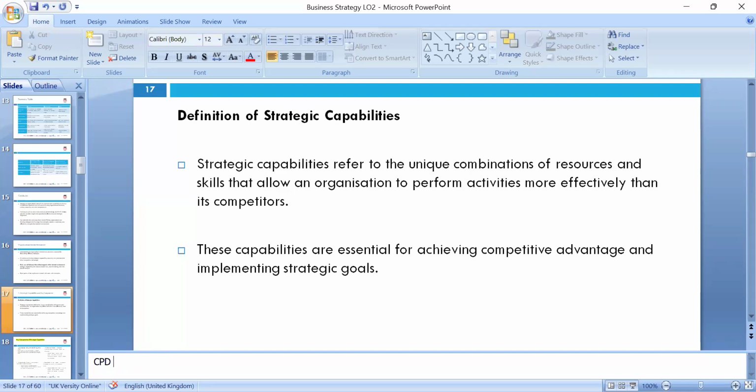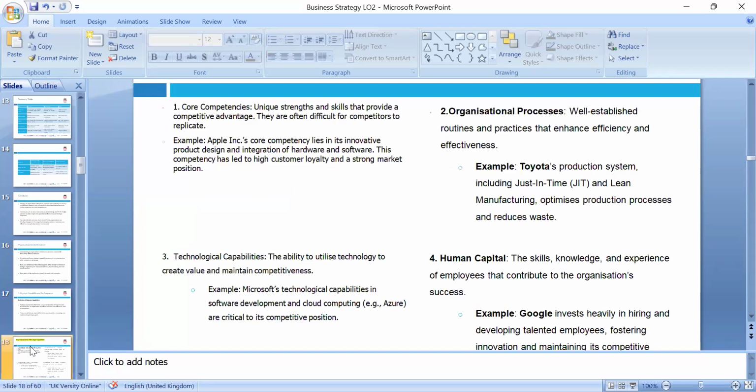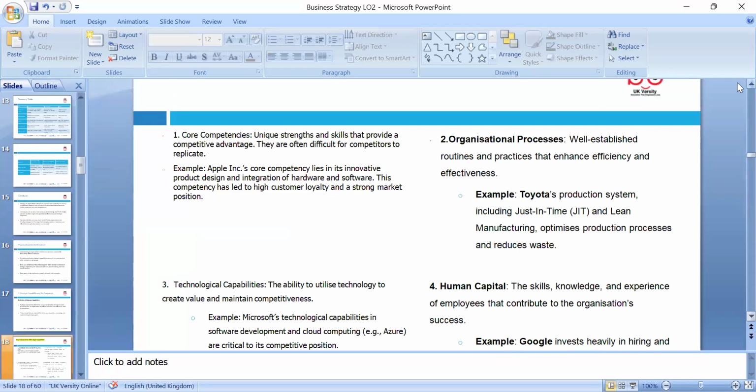So that's what we need to look at from our organization's perspective. Then we look at the core competencies, which are the unique skills, the competencies you have. Apple has a unique competency: they are always innovative, they differentiate themselves, and have the ability to use technology to create value and maintain competitiveness. We have Microsoft, always bringing Microsoft